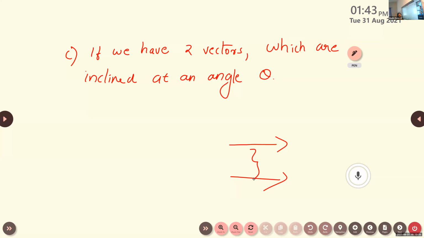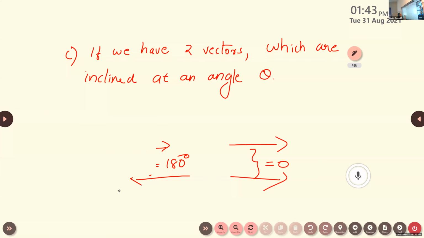Yes? Unmute and say. It is equal to 0 because here we have two vectors acting along the same direction. Then we can call them parallel vectors. The angle between them is equal to 0. In the second case, we have two vectors acting in opposite directions. What is the angle between these two vectors? 180 degree. It is equal to 180 degree.